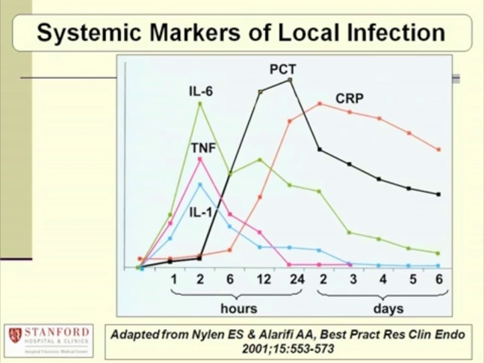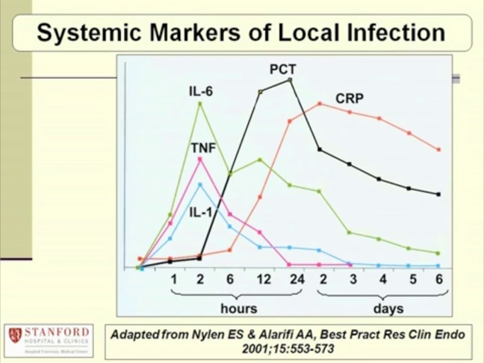but it could also be any kind of local inflammation. These inflammatory cytokines produced by the macrophage and by the T cell are elevated first, and then the tissue procalcitonin rises, and then the CRP rises as well. IL-6 is a well-accepted marker of inflammation. CRP is certainly a well-accepted marker of inflammation and much more widely used than IL-6. PCT is the new kid on the block, although he's pretty old by now because he's been around for a